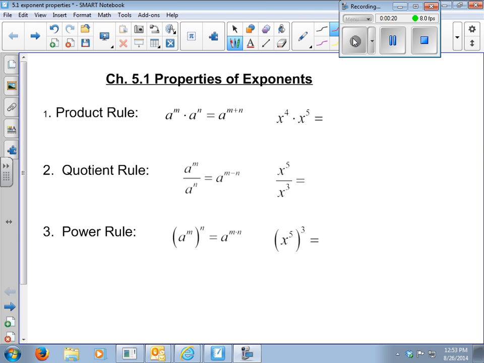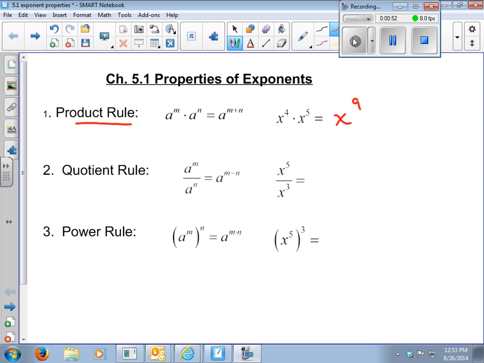Now we've done these before, so this is not new to you. First one we're going to look at is called the product rule. Product means you're going to multiply two pieces together, and the rule says when you multiply a to the m times a to the n, you add the powers, m plus n. Sample over here on the right, x to the fourth times x to the fifth. Always leave your x down just one time. You don't put 2x, it's just x, and then you add the powers on the top, 4 plus 5,